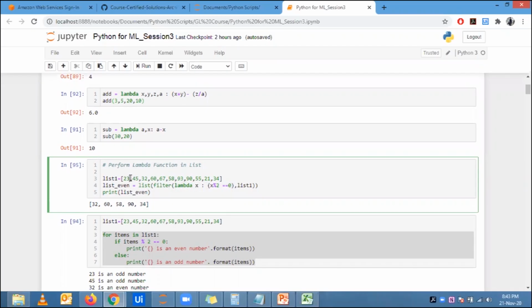For this value, what does it have to do? If it picks 23, it will say lambda x colon 23 modulus of 2 equal to 0. That's all your lambda, which we learned above. Yes. Now to perform this lambda operation, where will he go and find the x? He will go and find the x in list 1, which is a part of your filter function.